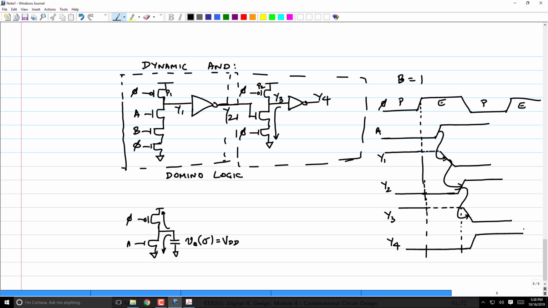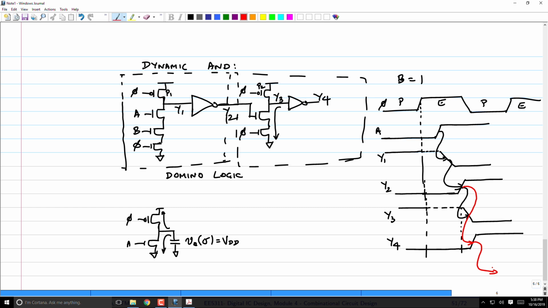Now you look at what is happening to Y2 and Y4. Now if I cascade many such gates, you have Y2, Y4, Y6 and so on. Basically, just like a domino, the outputs will keep sort of rising or falling. If you look at Y3, they'll all fall. So it's just like a domino. You knock one guy off and everything will go. That's why this is called a domino logic. In general, Y4, the output of the static CMOS logic, will keep rising.